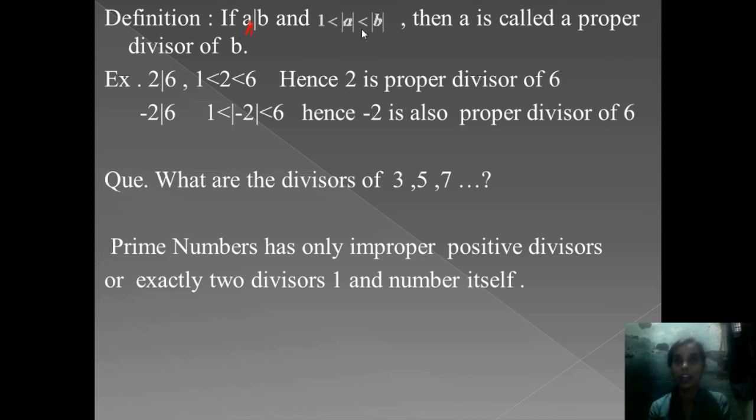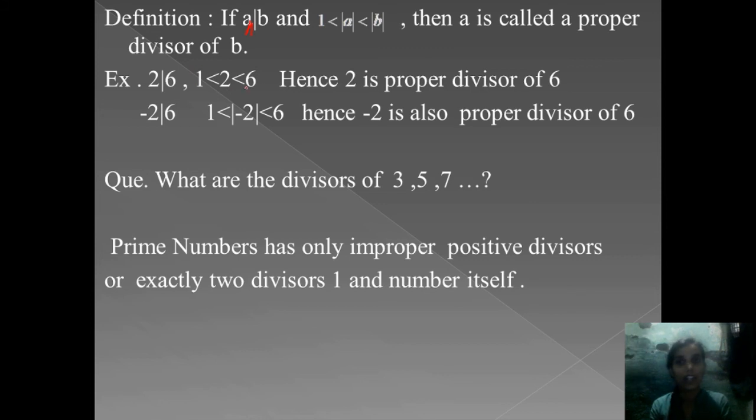In that case we say that a is a proper divisor if its modulus lies between 1 and mod b, that is, 1 is less than mod a, which is less than mod b. Then a is called a proper divisor of b. For example, 2 divides 6,